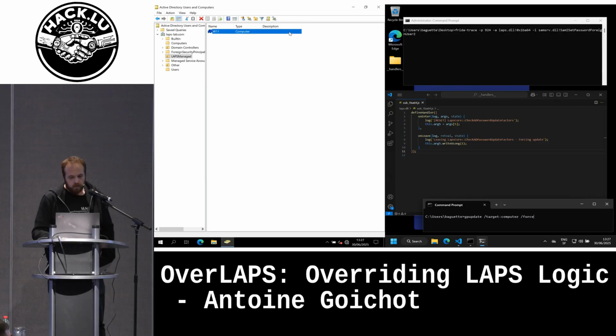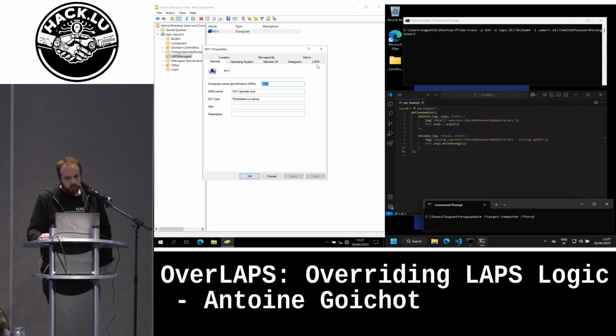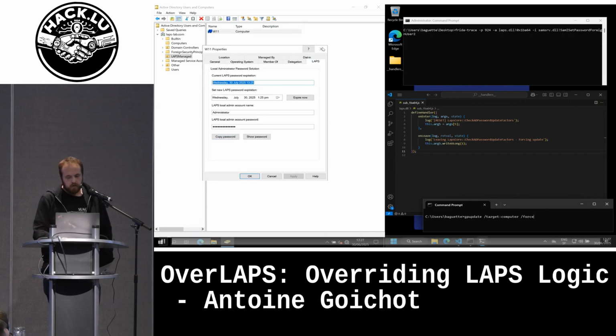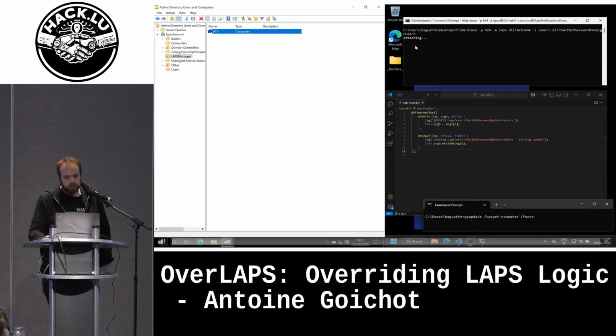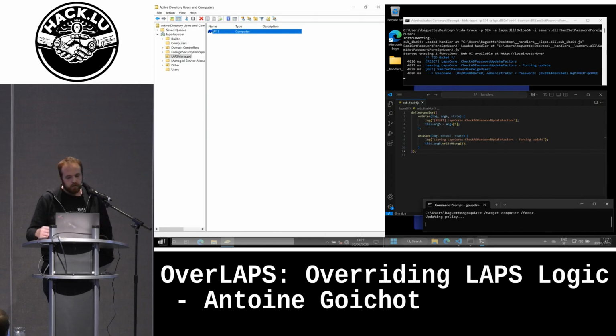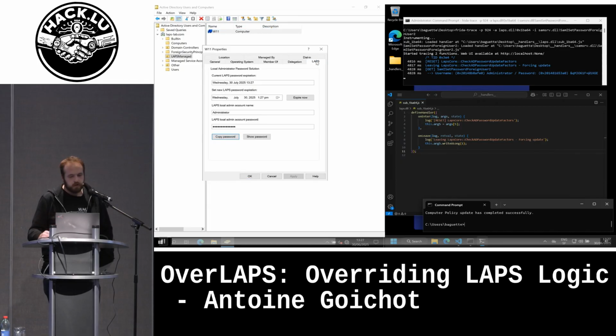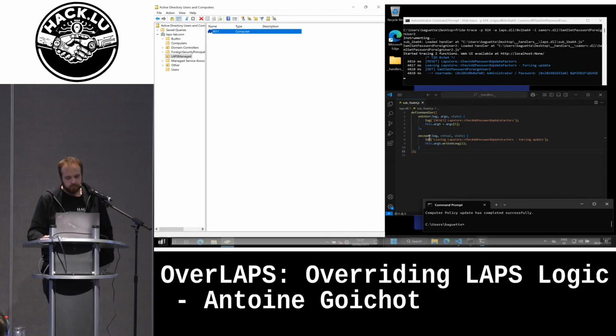Now, a short demo, with the same setup. I am on the terminal above. I am admin, and I will launch my Frida code. And now, each and every time gpupdate is called, the password will be changed and synchronized with the Active Directory.